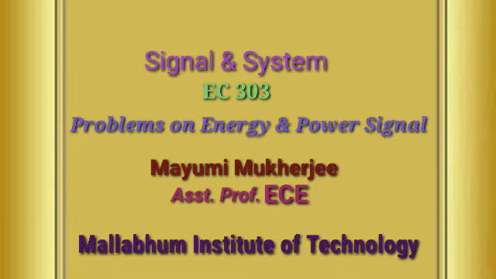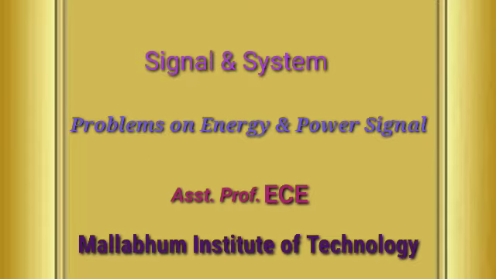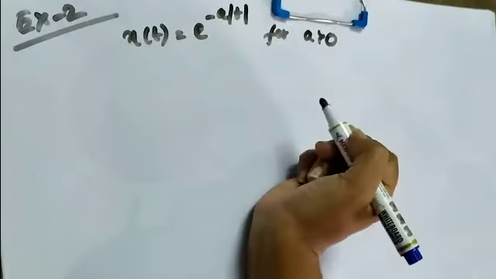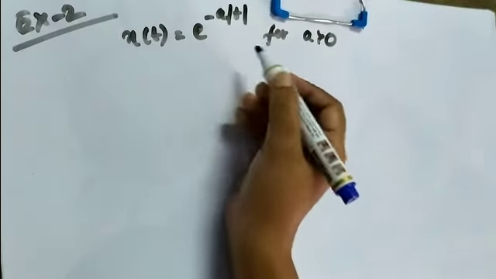In the previous class, I discussed one problem related to energy and power signals. In this class, we will discuss another problem on that. Let's consider another problem. There is an equation: x(t) equals e to the power minus a mod t,